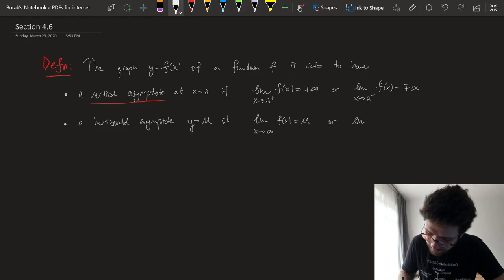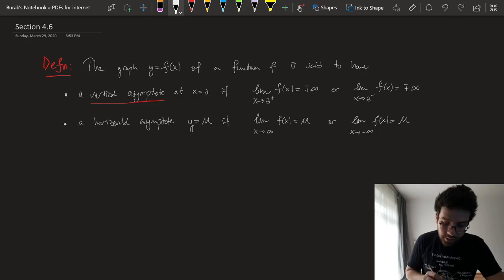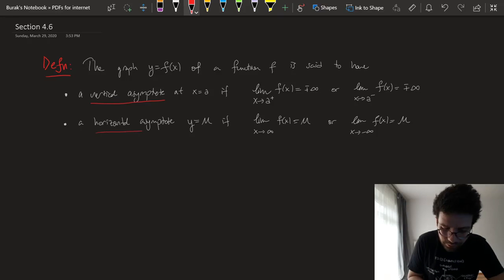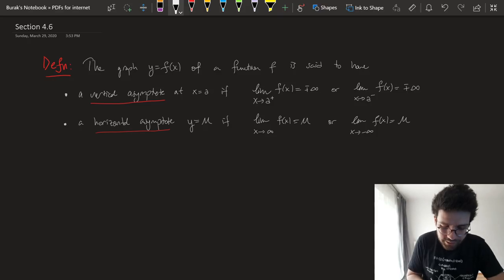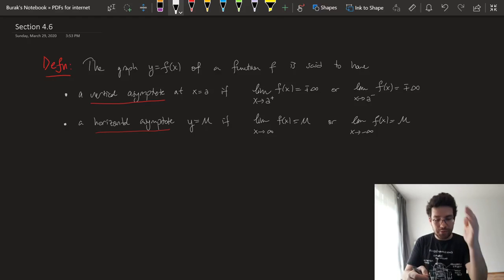Let's make this m. Or the limit of your function at negative infinity is m. And the third type of asymptote is, like, the first case corresponds to vertical lines, the second case corresponds to horizontal lines,